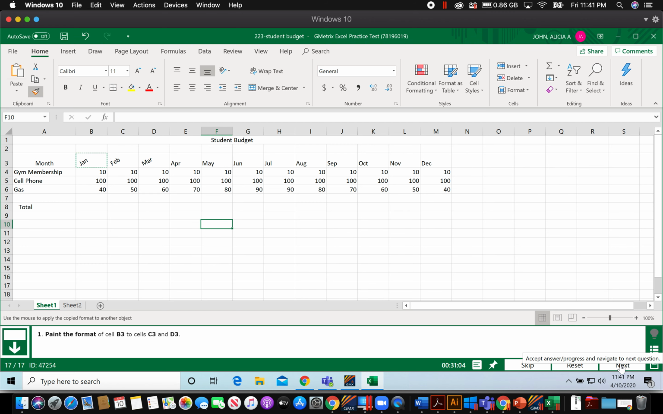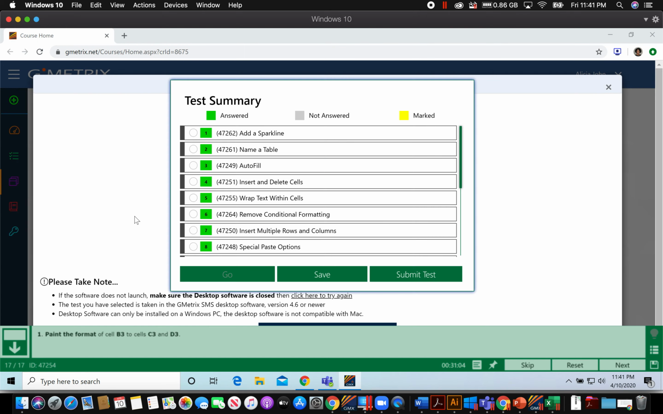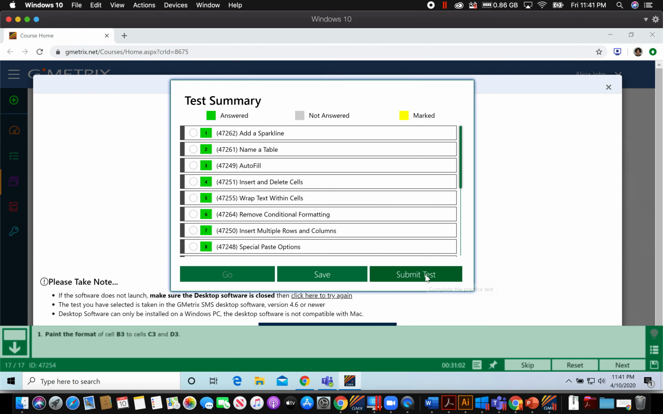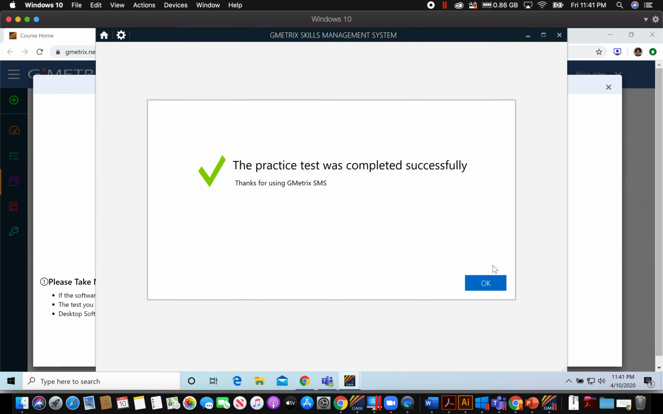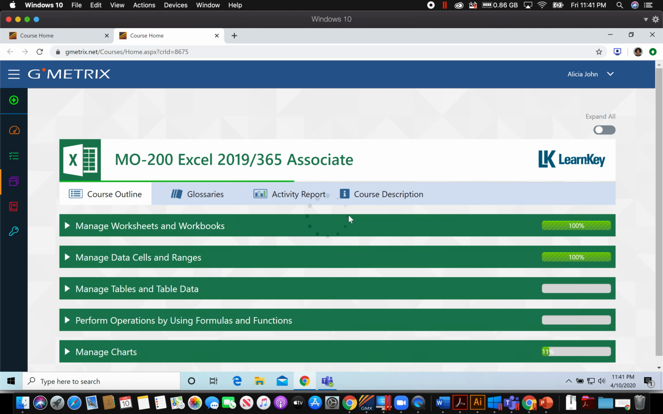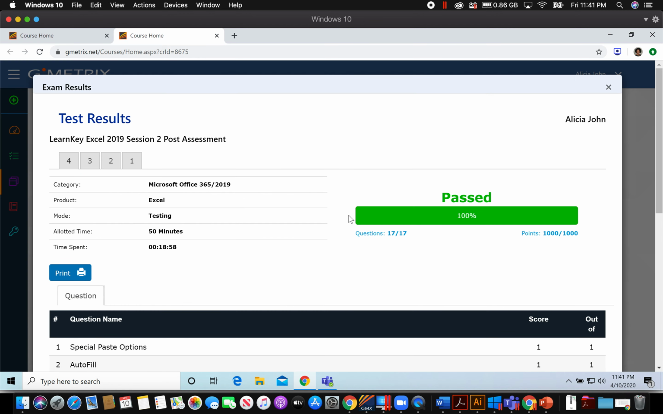And now we click next. And we submit. Click OK. Click OK. And there you have it. A perfect 100. This has been a review of LearnKey Excel 2019 Session 2 Post Assessment,